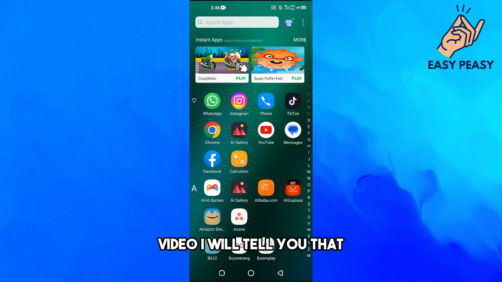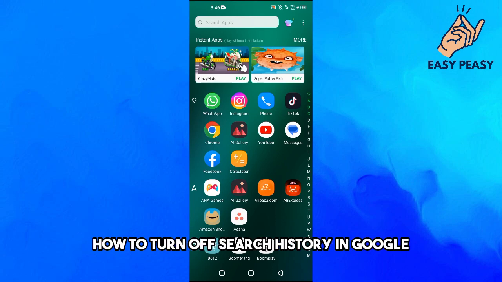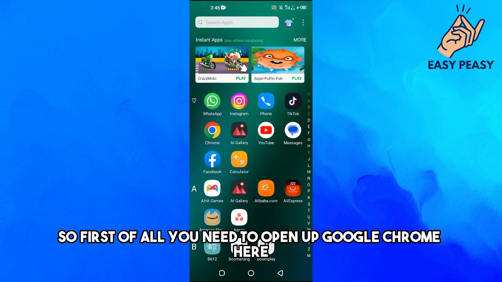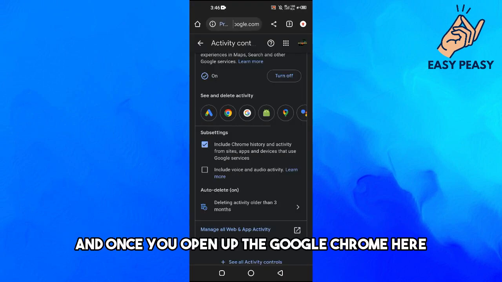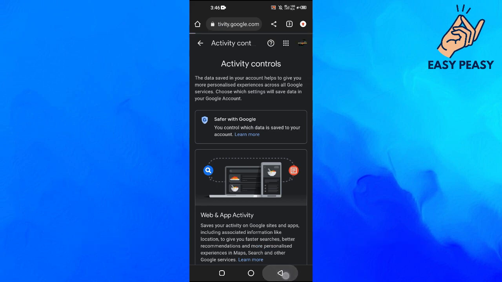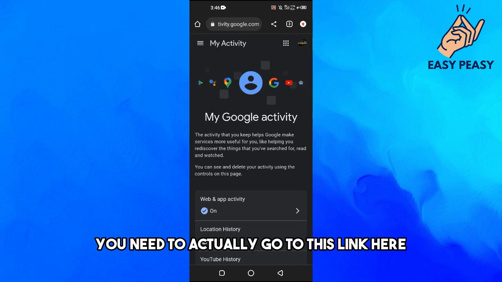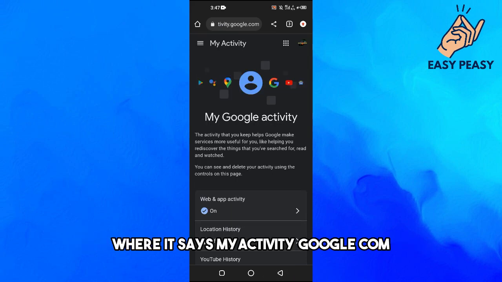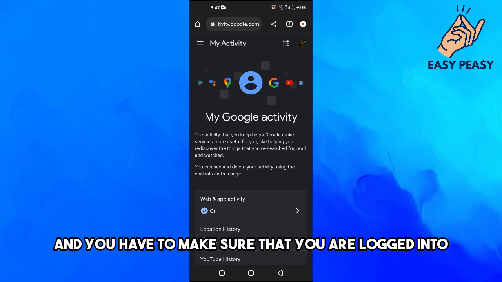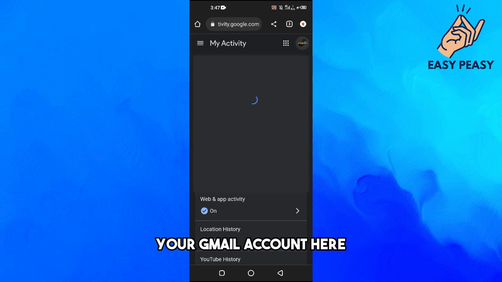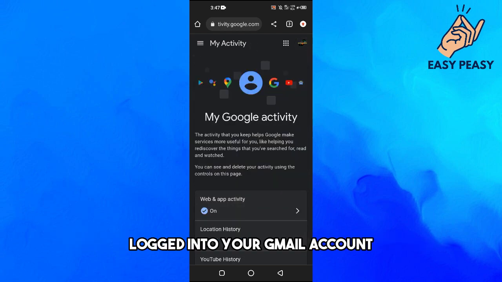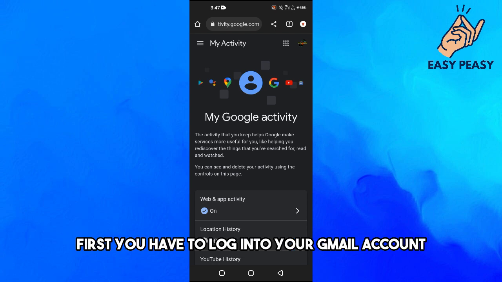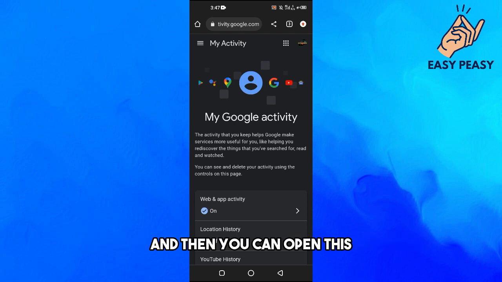I will tell you how to turn off search history in Google. So first of all, you need to open up Google Chrome, and once you open it, you need to go to this link, myactivity.google.com, and you have to make sure that you are logged into your Gmail account. If you are not logged in, first you have to log into your Gmail account, and then you can open this